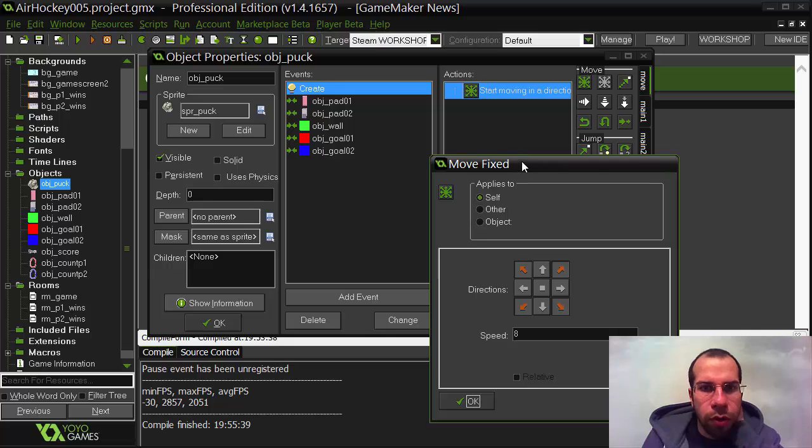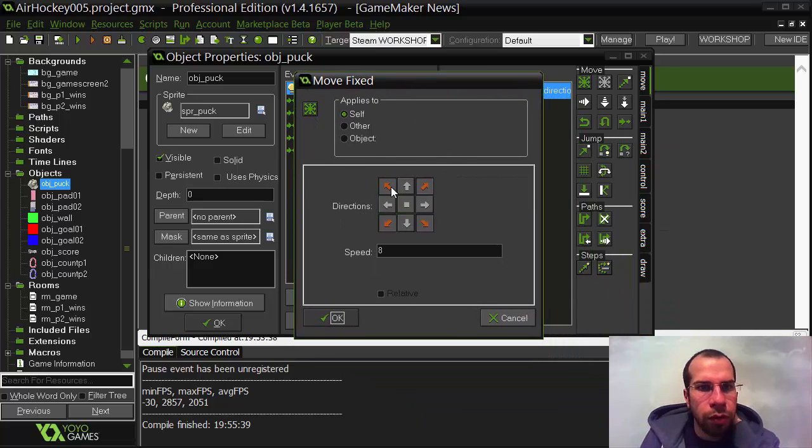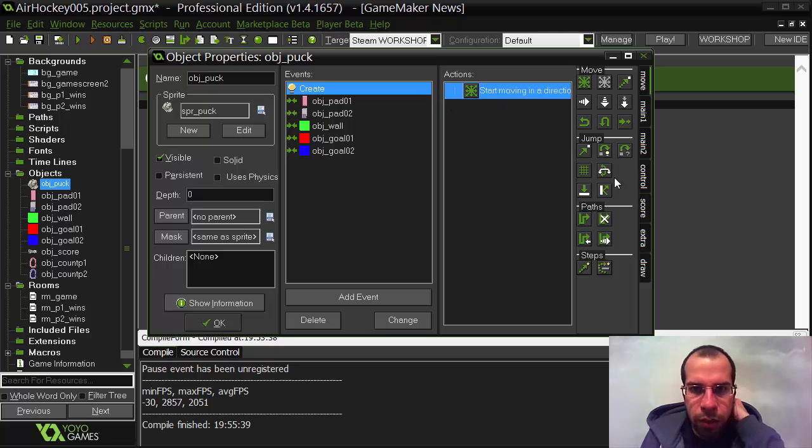So at the moment we've got one of these fixed moves in here, and we've got all of the diagonal angles ticked, and we've got a speed of 8. We're going to write just below this. So this is the fixed move, and the thing we're going to replace it with, first of all, to make sure it all works,